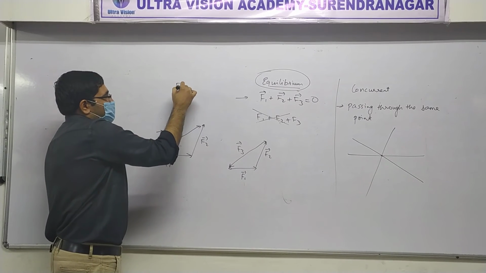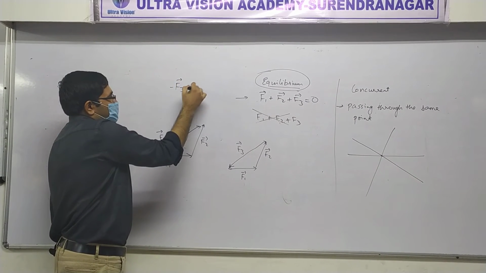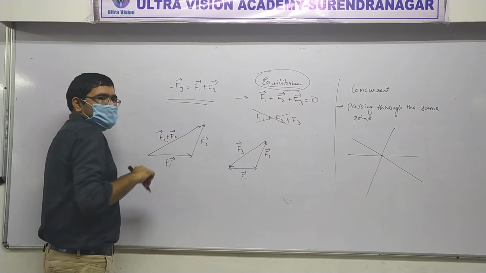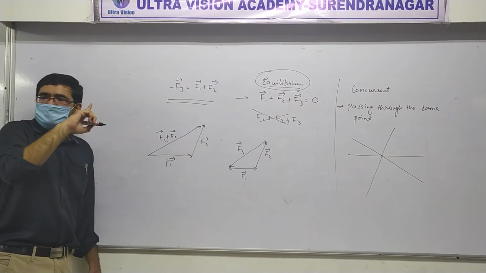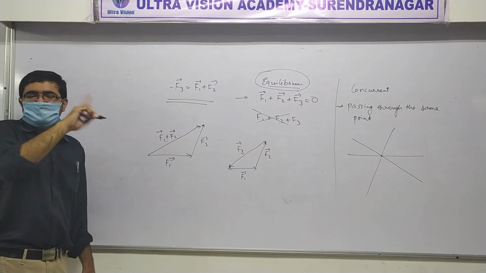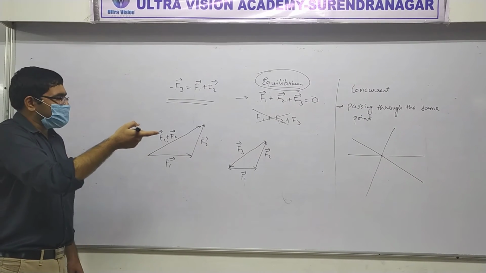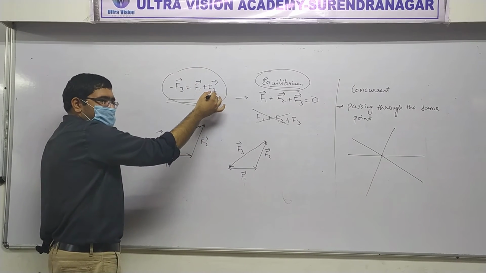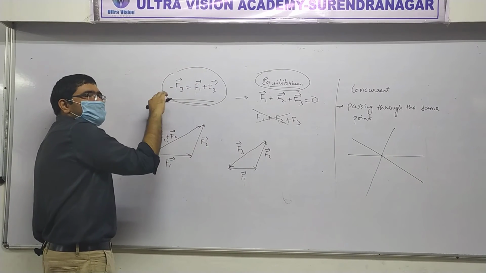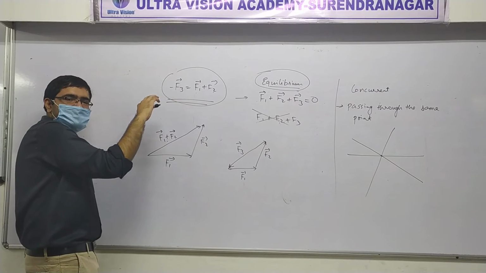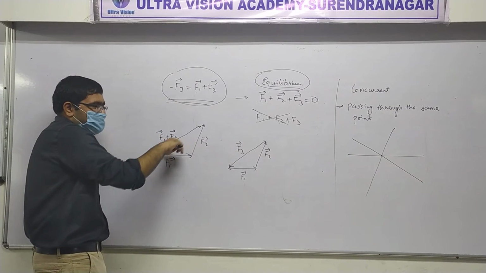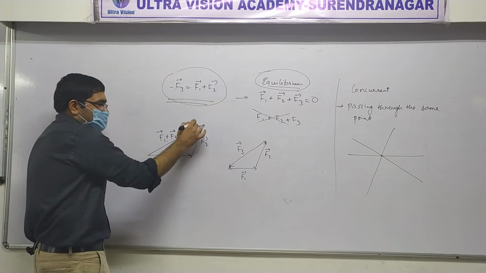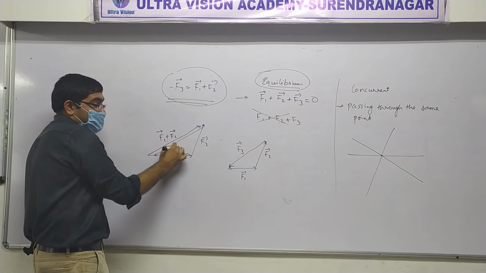It should be exactly opposite of those two. Do you understand this equation? Yes or no, everyone? Yes. Sure? Here, putting F3 on that side. So what does this tell you? That if you find F1 plus F2 in vector form, then F3 is just the negative of that. Negative means what? Opposite side. So if this is F1 vector plus F2 vector, where should F3 vector be? Opposite. Isn't that what we are saying?